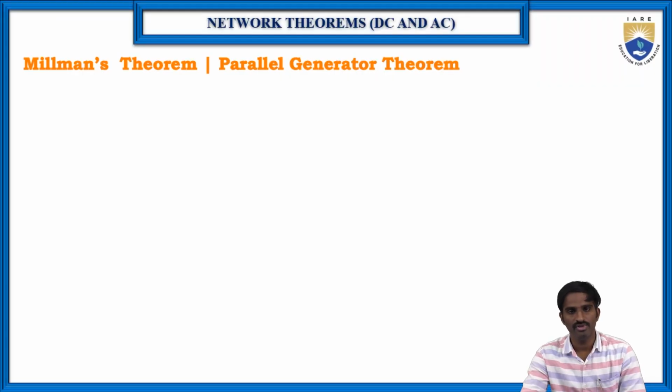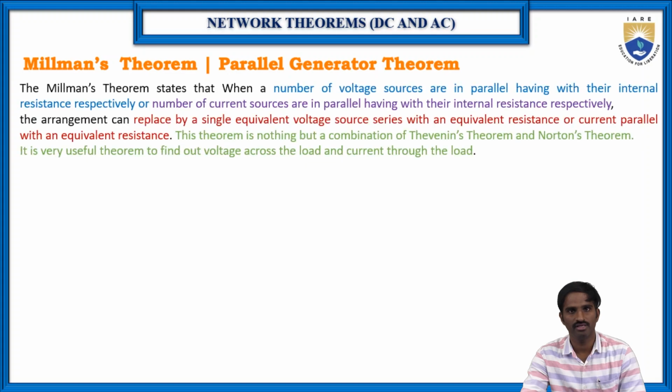So here this Millman's theorem is also called the parallel generator theorem. The statement for this Millman's theorem is, of course, the common thing: every network theorem is applicable only for linear and bilateral elements, or linear and bilateral networks. So here Millman's theorem states that when a number of voltage sources are in parallel having their internal